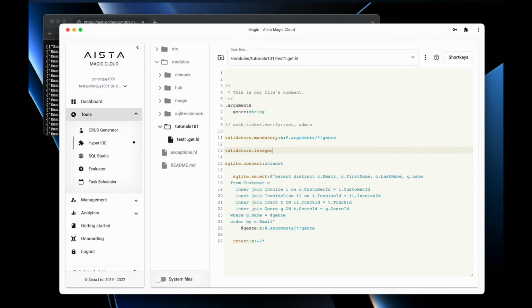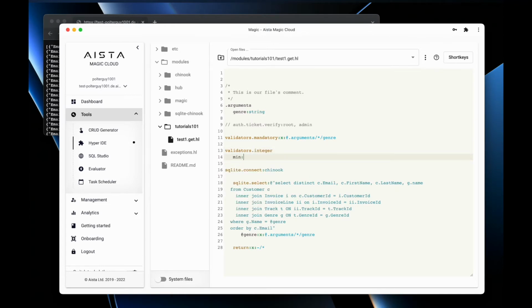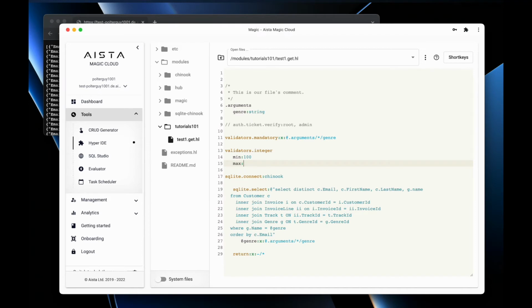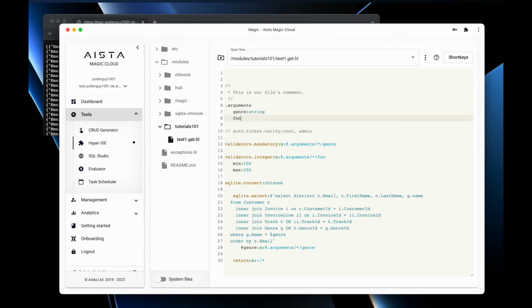Integer, for instance, it takes a min, colon 100, max, colon 200 at this point now. The argument that we're pointing to using some sort of expression, arguments, asterisk, int, or foo, must have a minimum value of 100 and a maximum value of 200. If we now add these arguments, foo, colon int here, we save the file, and we now go back here,